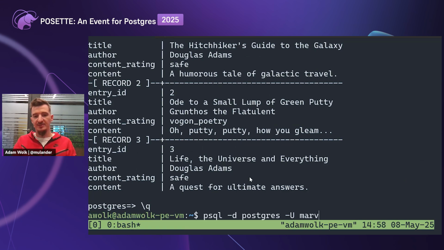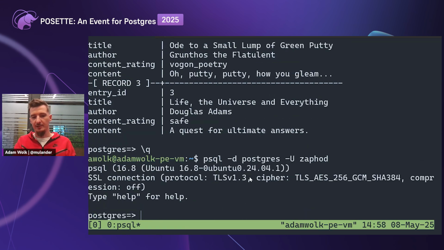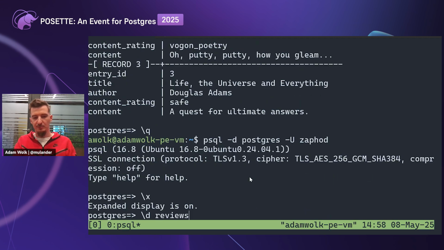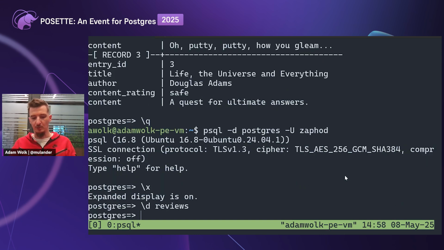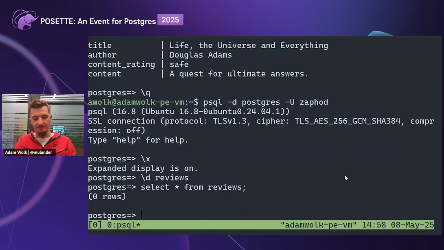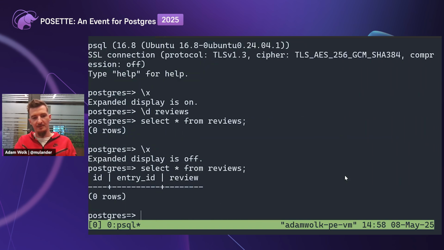Now, Zaphod is a very curious fellow, and he noticed that there's this reviews table that doesn't have row level security, but has a foreign key reference to the entries table that stores all the data here. So the question is, can I insert into reviews, where I need to select so that I have some, yes.